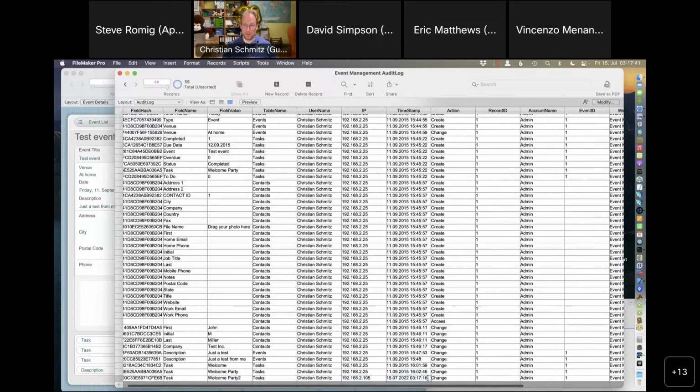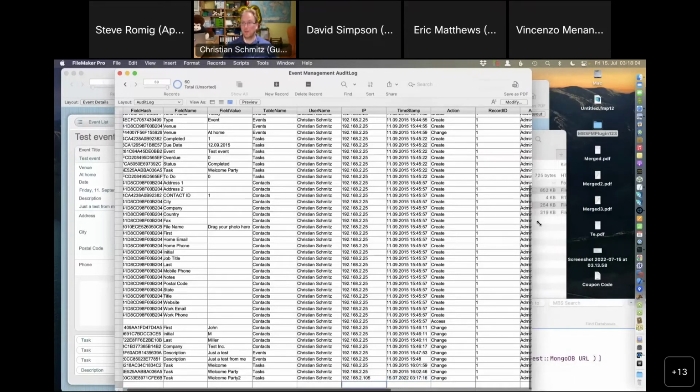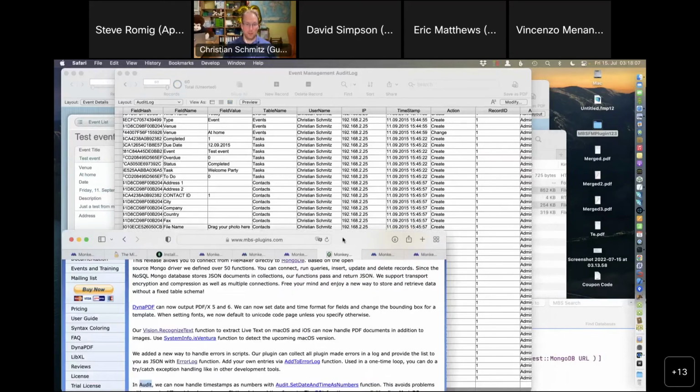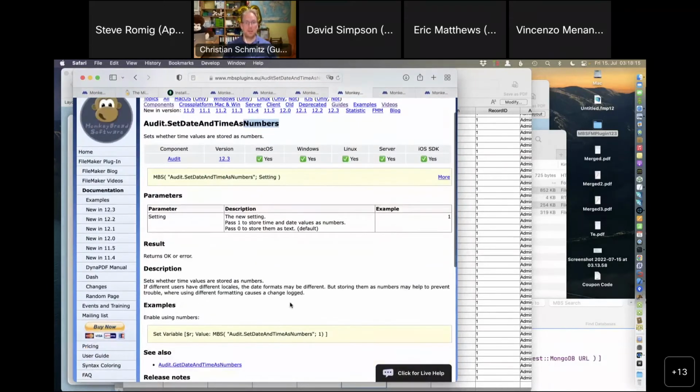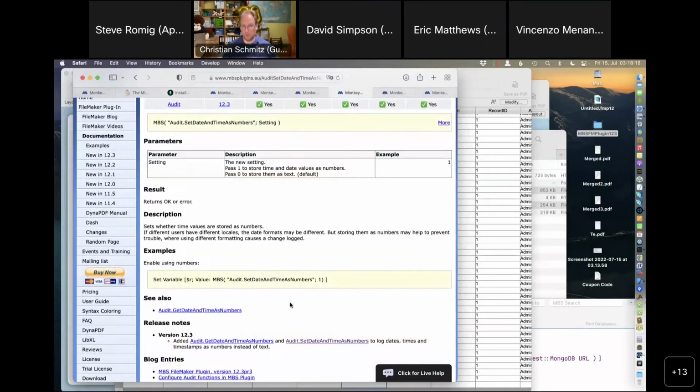So, the trouble starts when you have clients with different locales for different people in the company. All the dates would be messed up because FileMaker on one machine would write dates in the German version maybe, and the other one would write US version. And that caused a mess for a client, so we discussed how we could fix that. And the fix we got was we can store dates and times as numbers. So we use get as number on the date value or time value and just store the number of seconds. And this way